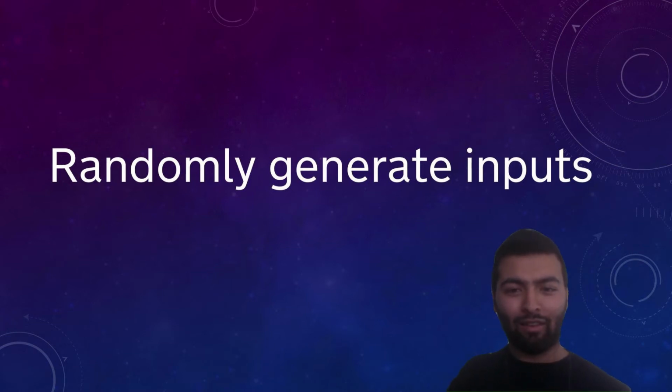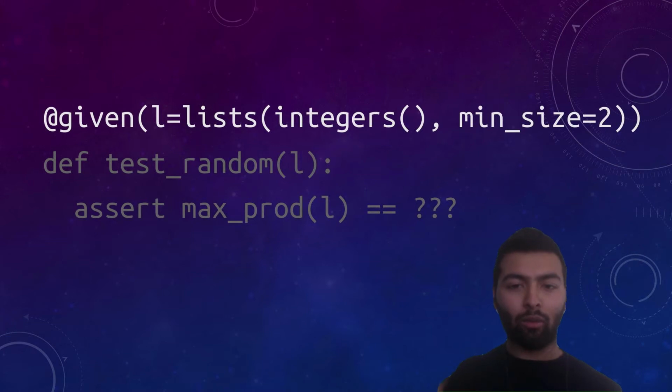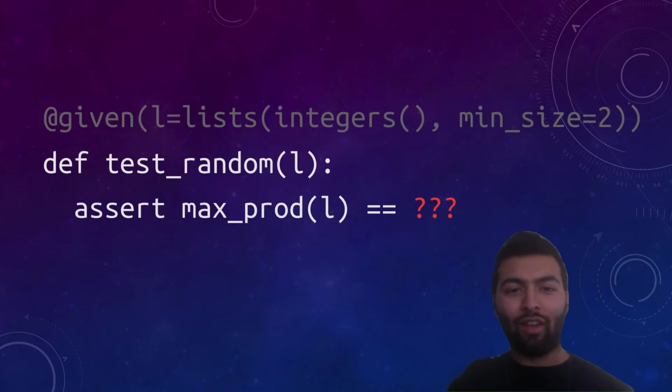Let's think about that idea for a bit. What would a test look like if the input was randomly generated? Now, I'm going to be using a Python library called Hypothesis for these code examples, but that's not really important. It's just the idea I'm trying to get across. First, we tell the library what are the inputs to our function. Here, we generate random lists of integers which have a minimum size of 2, because we just want to test the happy path for now. We get to writing the test body and